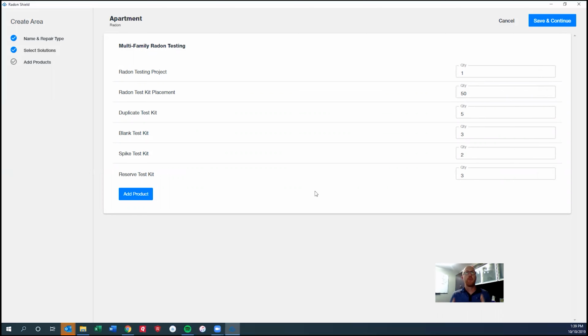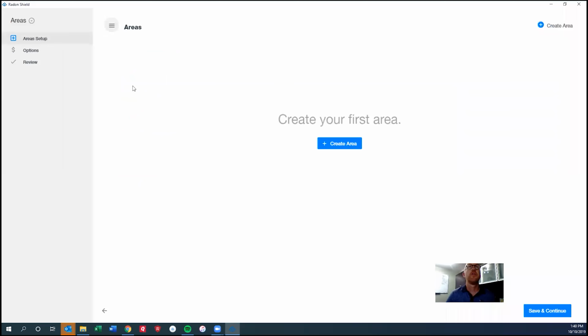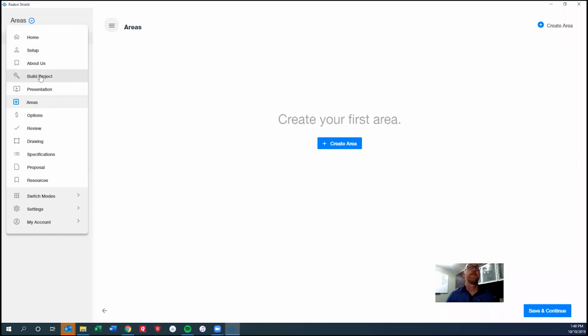When you generate the PDF, it's going to have language in there describing your process, what you're asking of the facility to do, and then information about the test kit that you're using and all that data right there in a proposal for you that you generate right off of Radon Shield. Okay, so let's hit cancel,